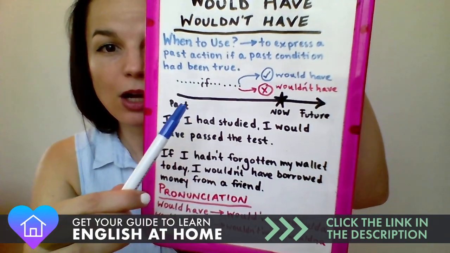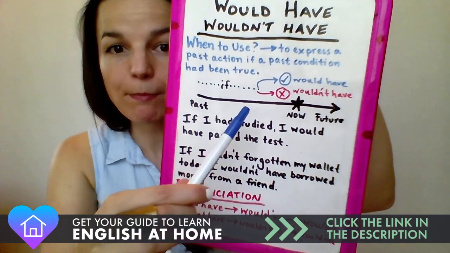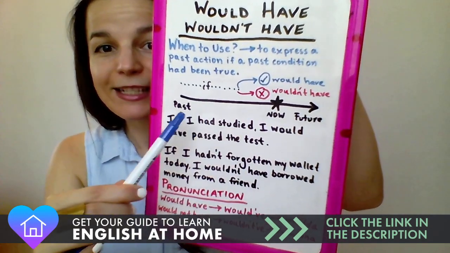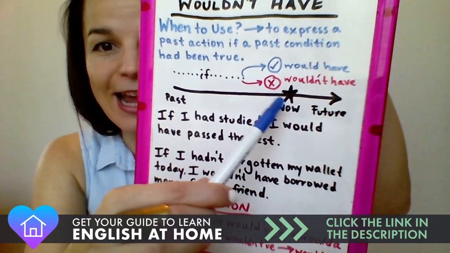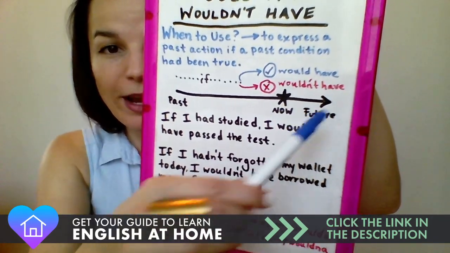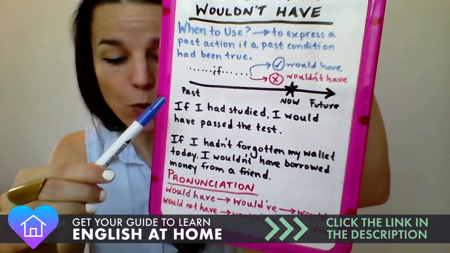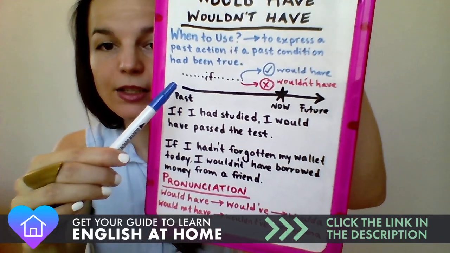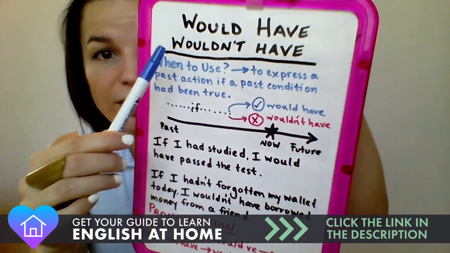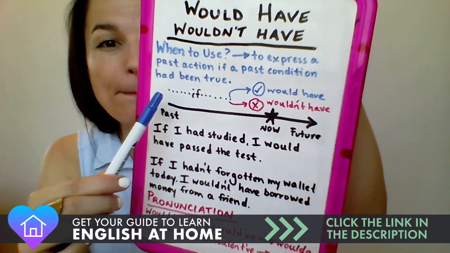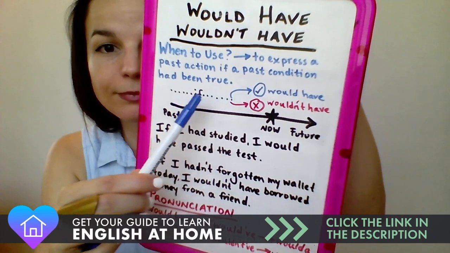So imagine on a timeline here. Imagine that sometime in the past, so this is now on our timeline, way in here is the future, and back here is the past. Today we want to focus on the past. So we imagine with this grammar point some past condition,